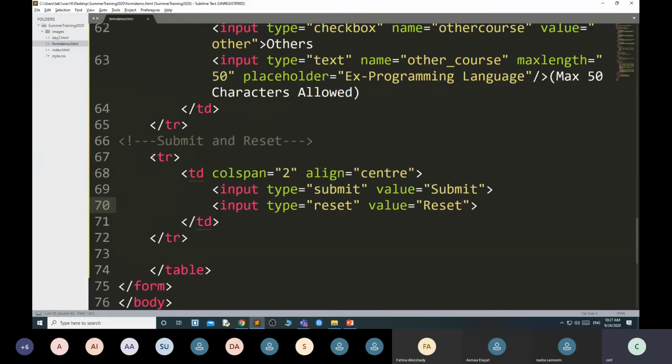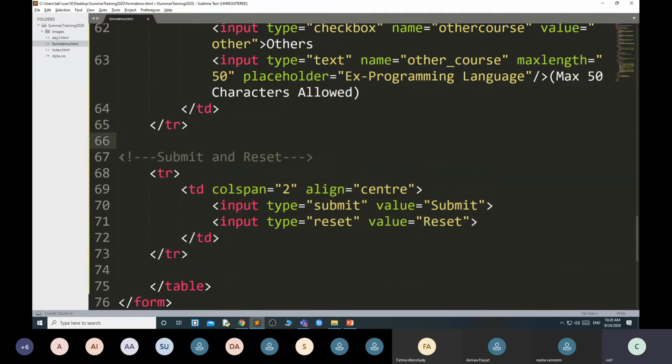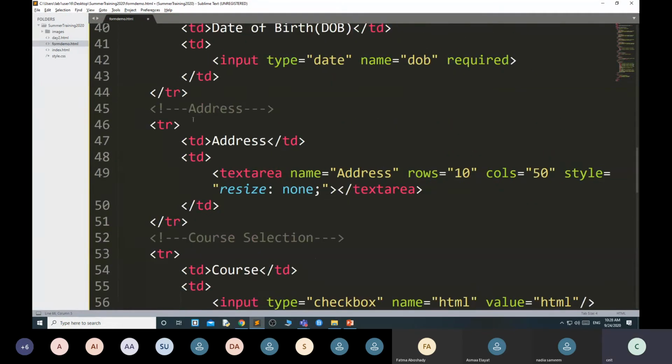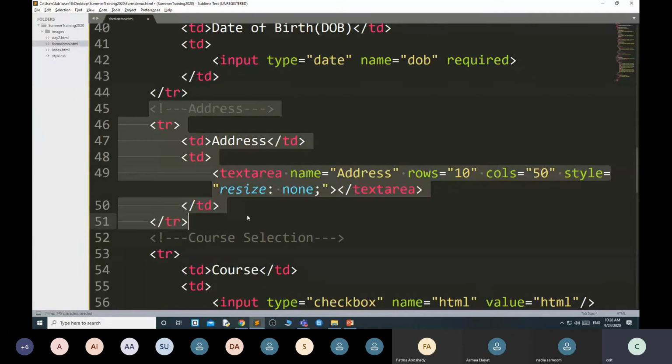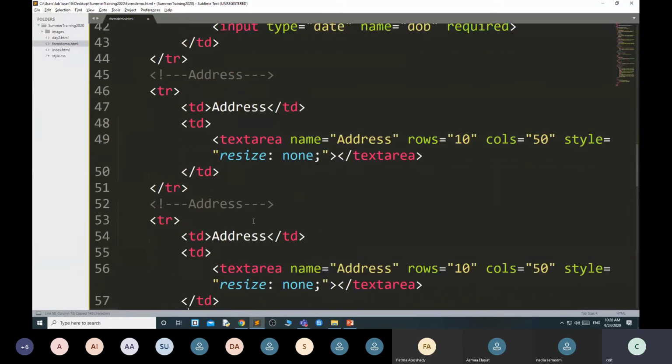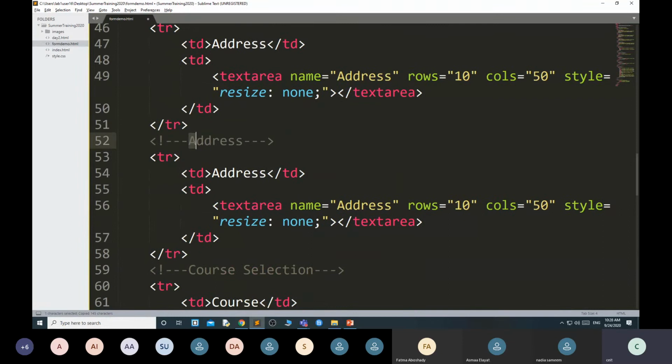Like here, after address, I just copy this one. Suppose you want the user to select the photo, image selection.